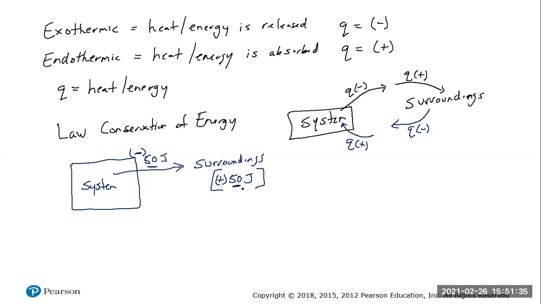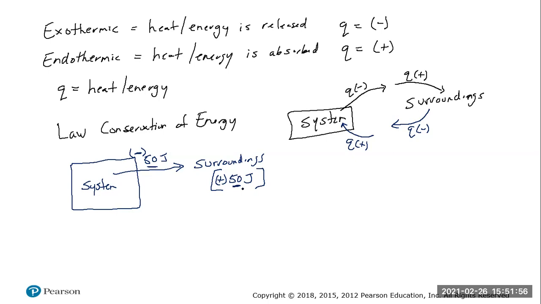It allows you to understand if it is negative, that system, for example, or whatever it may be, is actually giving off that heat and energy. While if you calculate it as positive, what that's going to tell you is the heat and energy is going to be basically absorbed by whatever it is, the system.